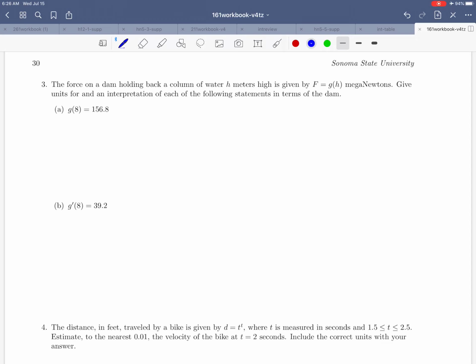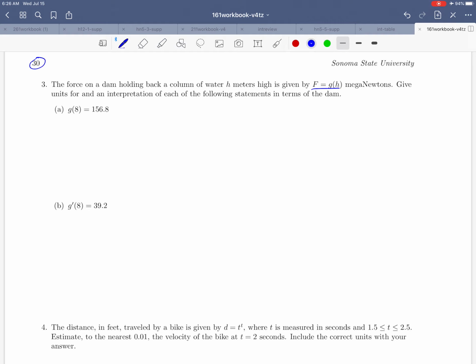Hello everybody, and welcome to exercise 3 on page 30 of the workbook. Let's take a minute to read this question together. So the force on a dam holding back a column of water h meters high is given by F equals G of h meganewtons. Give units for and an interpretation of each of the following statements in terms of the